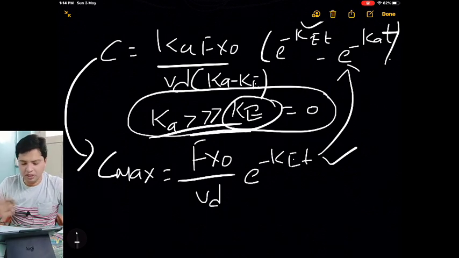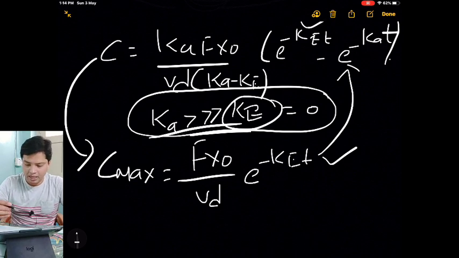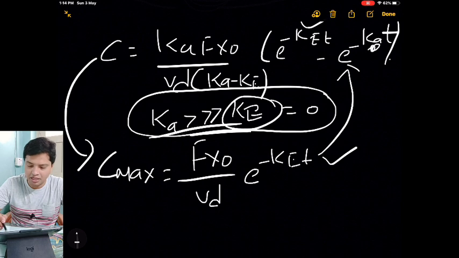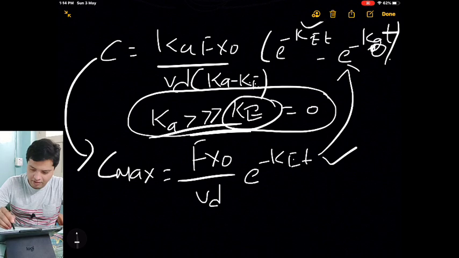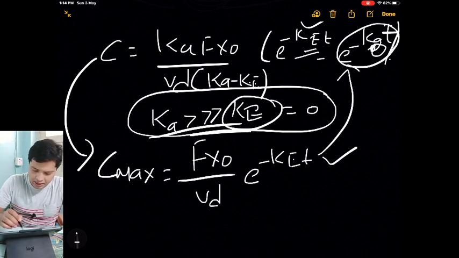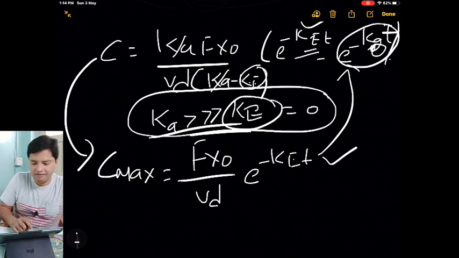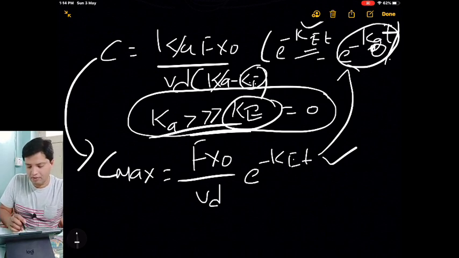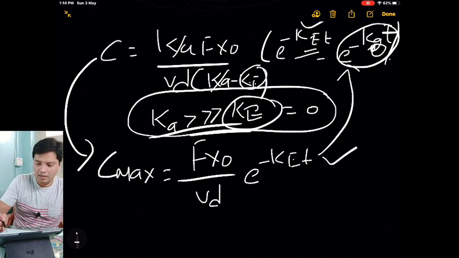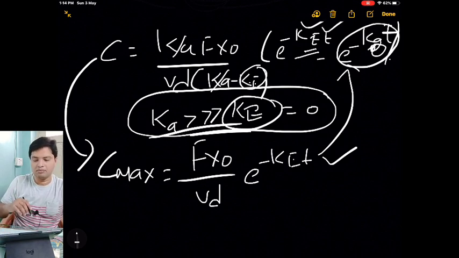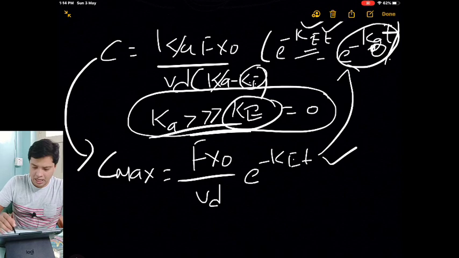You substitute Ka in the above equation, and because your Ka is in the exponent, whichever is the maximum in the exponent, this part will become 0. Here Ka is more, so this part will become 0, so Ka is not there, and here Ke is less, so we take only K, and this K and K will get cancelled. We will be remaining with the fraction, dose and volume of distribution, and the K. That is what we get here.